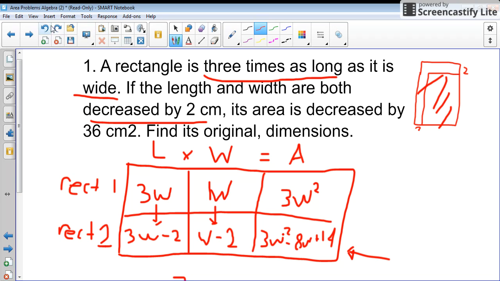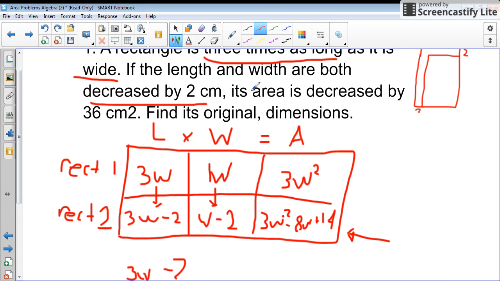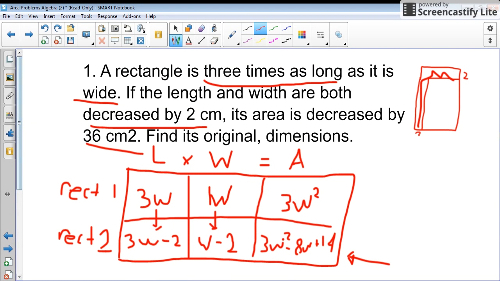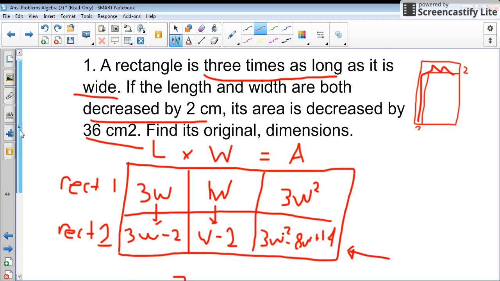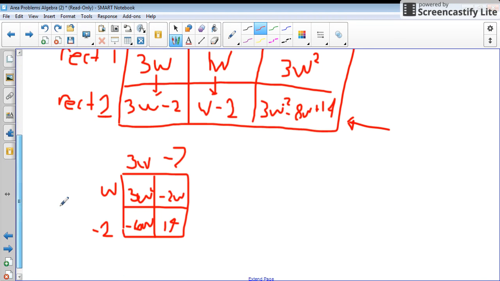So if that's the one that is right here on the table, I'm going to subtract these, because that's what we do in these problems. If we decrease the area, we subtract the areas, and we're left over with 36. In other words, 36 is just this up here. It's the in-between area. It's the shaded part. Well, if that's what I'm looking for, then yeah, I actually need to subtract, but I'm going to subtract the smaller from the larger. The larger is actually the top. I know that seems a little weird,